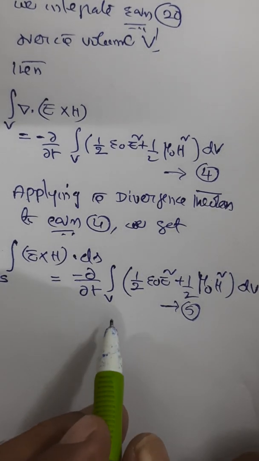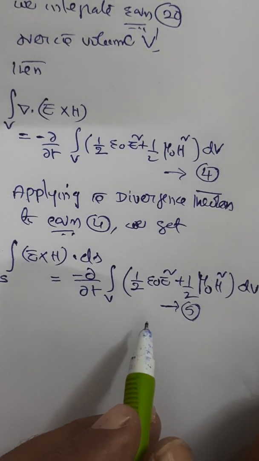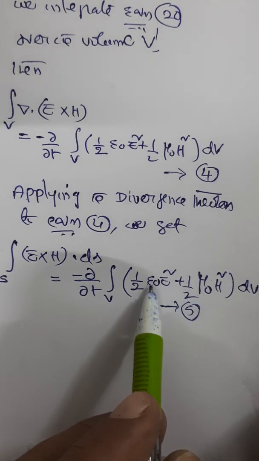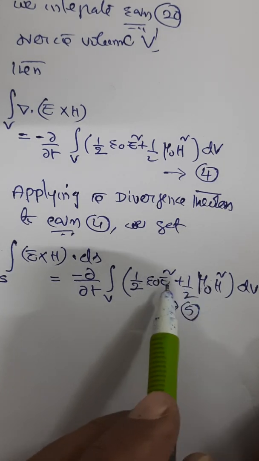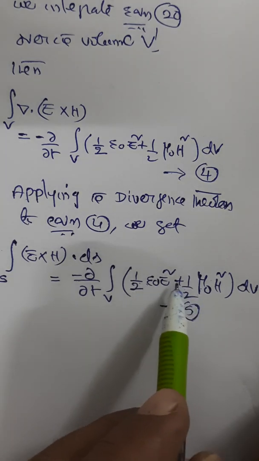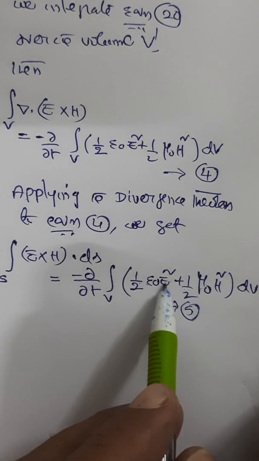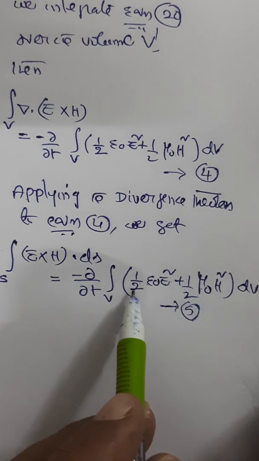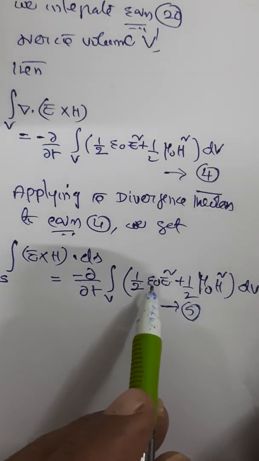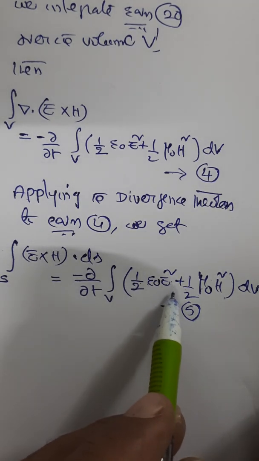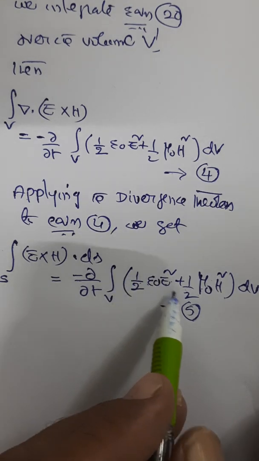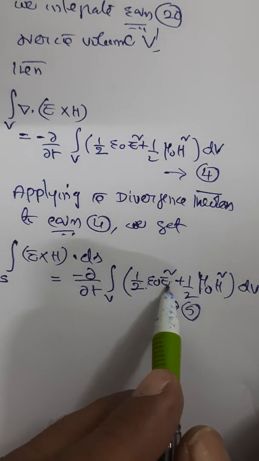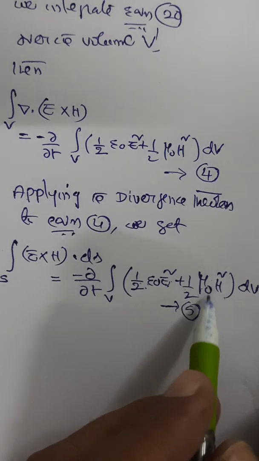Look at the right hand side of equation 5. It is the sum of energies. It is like half mv square, like kinetic energies, half of something plus half of something. So it looks like the sum of energies of both electric and magnetic fields. Got the idea why we have introduced the term half into the picture now? Recollect the kinetic energy half mv square. Now it looks like this. This is electrical energy, this is magnetic energy.